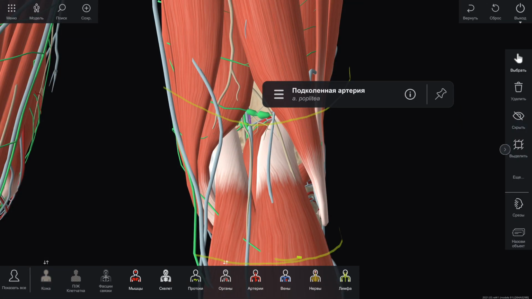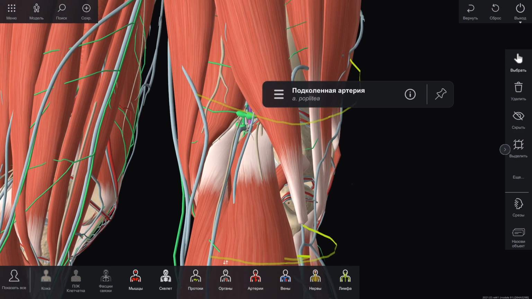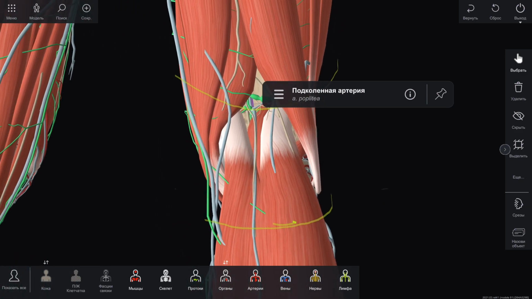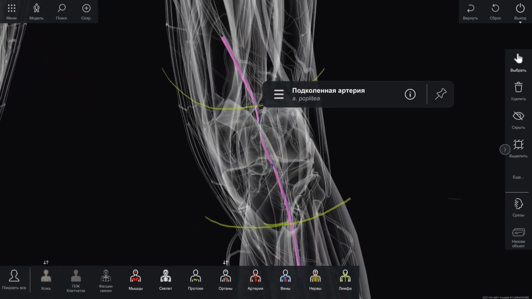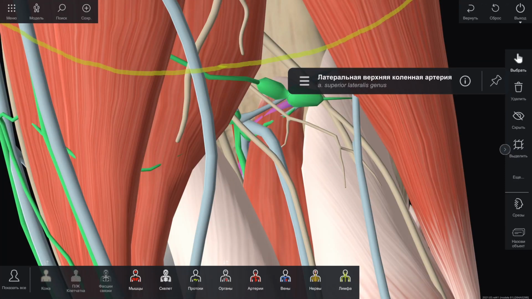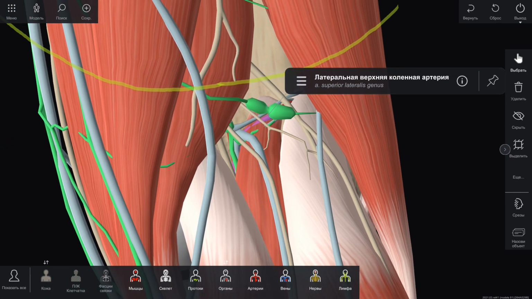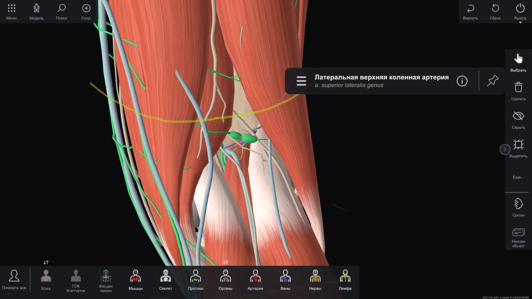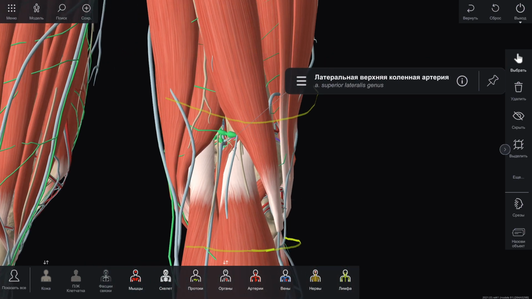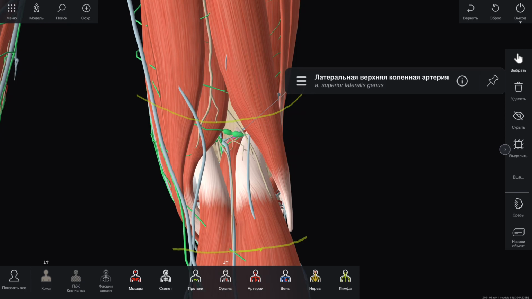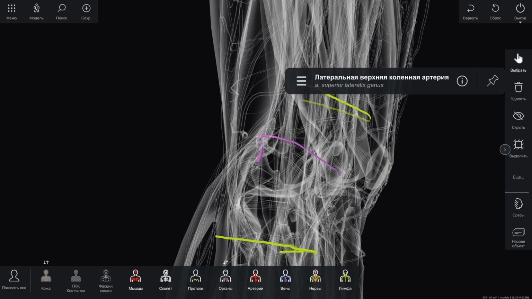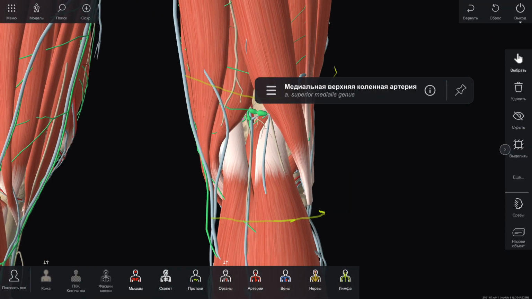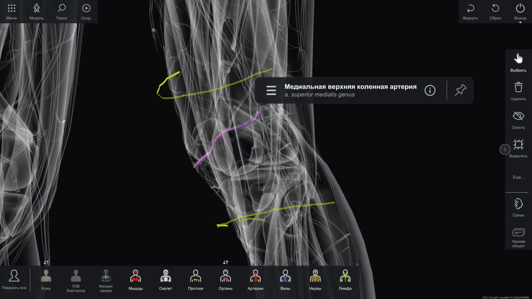And then we have the popliteal artery. The popliteal artery is the deepest structure, even deeper and more medial, closest to the femur. In the popliteal fossa, the popliteal artery gives off muscular branches and the 5 genicular arteries. The superior genicular arteries, lateral and medial, originate about the joint line, with the larger lateral one wrapping around the upper border of the lateral femoral condyle,